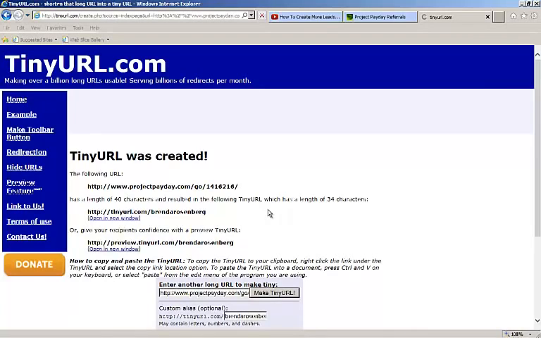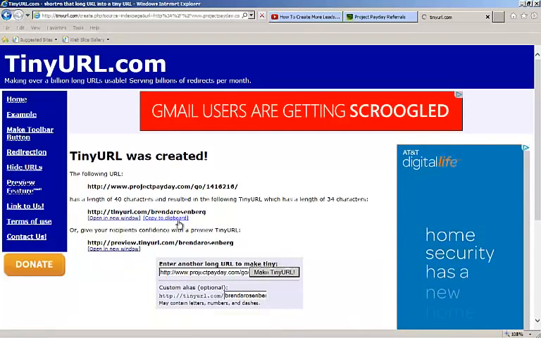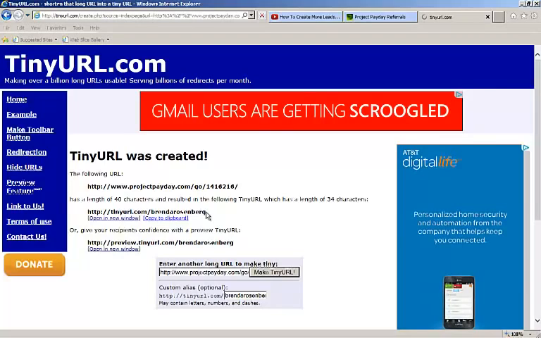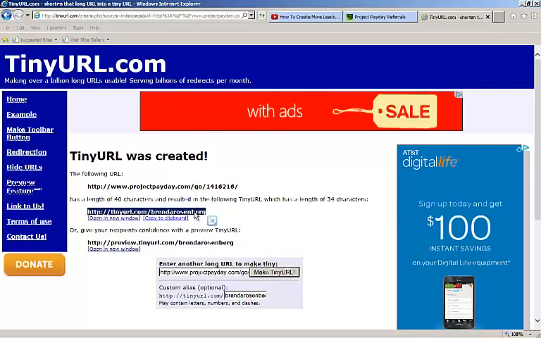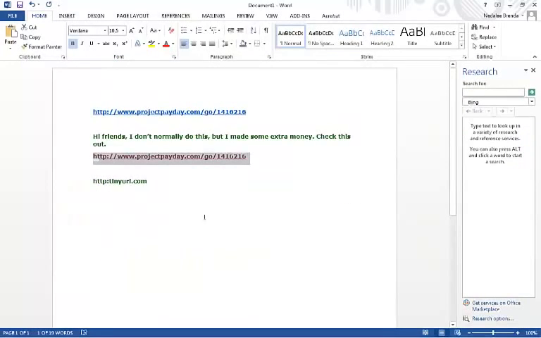So then once you've created your TinyURL, you'll want to go to the middle one right here. You can open it in a new window if you want to test it. You can copy it to the clipboard. Me personally, I just like doing things the old-fashioned way, which is to highlight and then copy. But unfortunately, that seems to be a problem here. Nope, there we go. So then I'm going to go back here to my Word document, or whatever document you want to use. You can use a notepad or whatever free document service you can get. And then there now is my